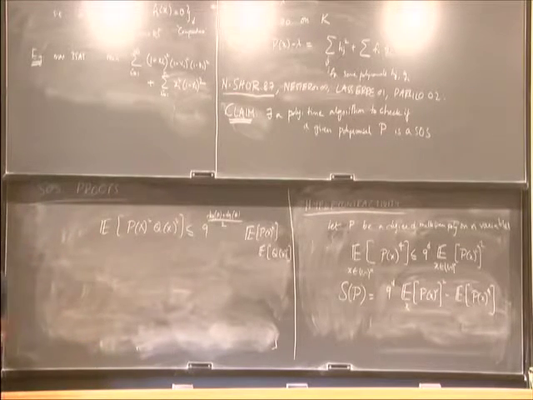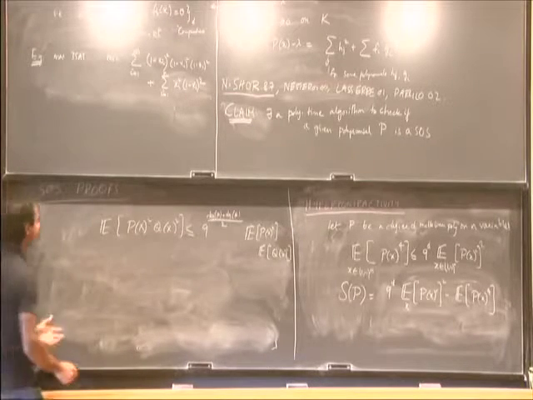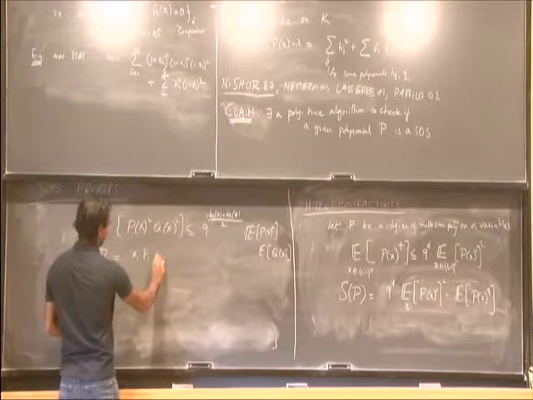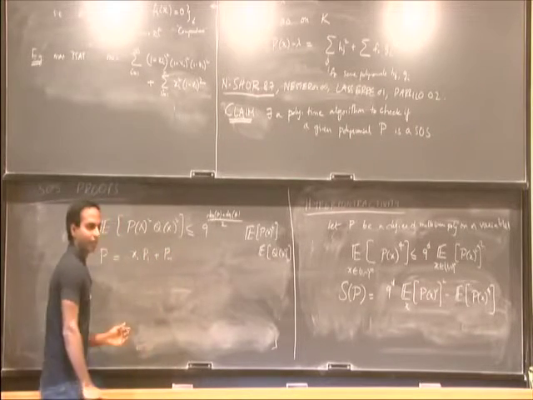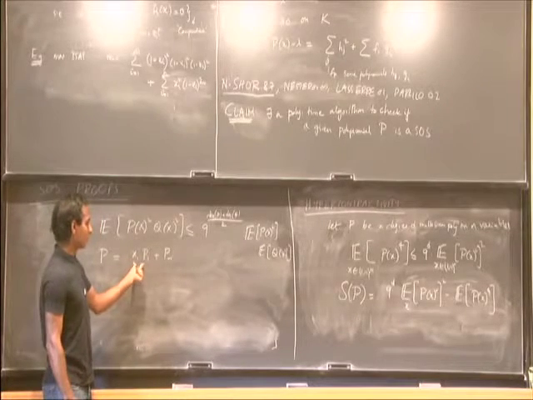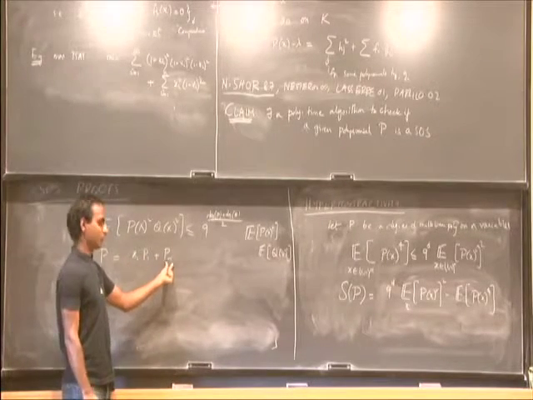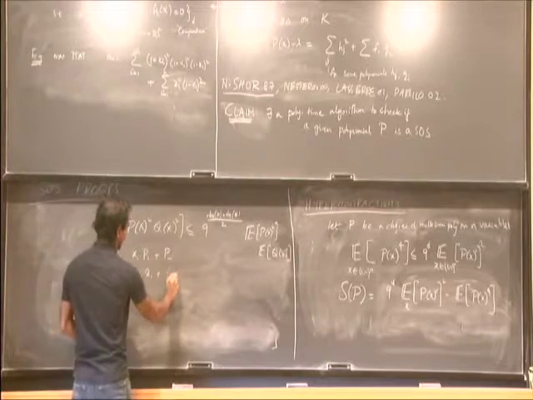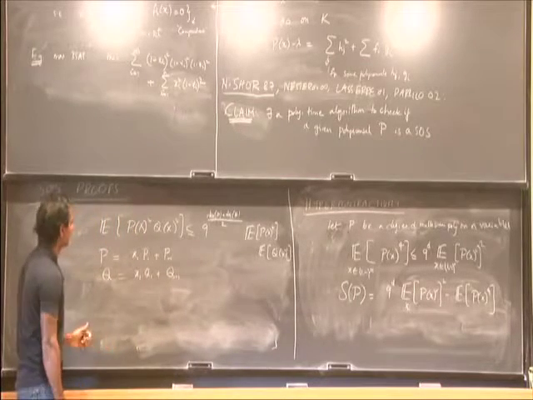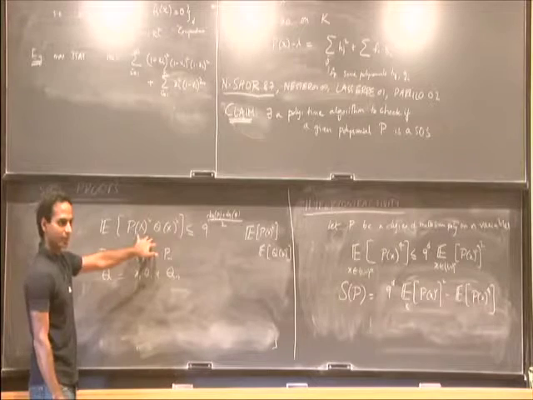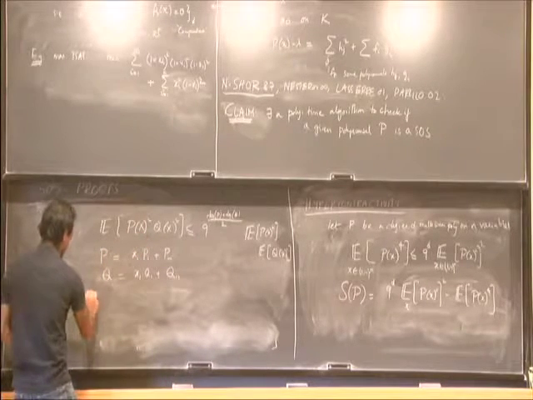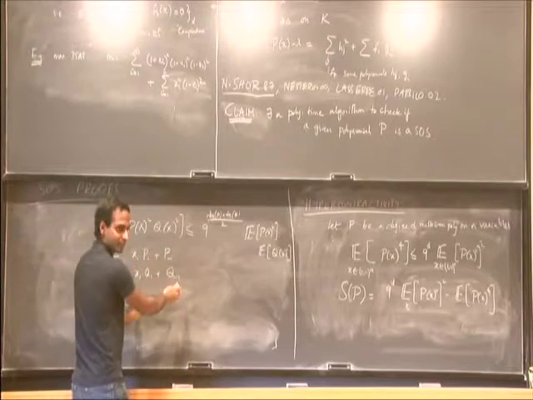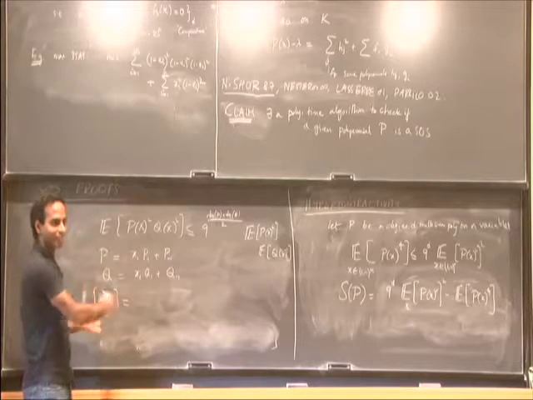squares. The idea is you write P as, let's say, x1 times some P1 plus P minus 1. I'm collecting all the coefficients which involve x1 here and all the coefficients which do not involve x1 here. Then you write Q as x1 times Q1 plus Q minus 1. Let's now look at what happens to the left hand side. The expectation of P squared times Q squared, you'll get squares of these guys, and believe me, if you expand it out, this is what you'll get.